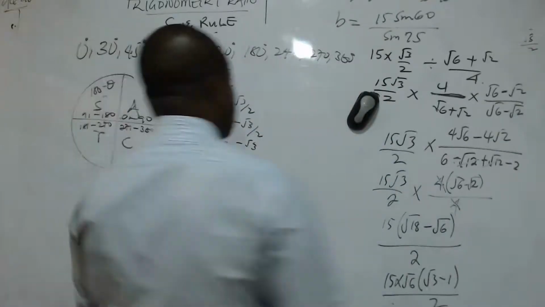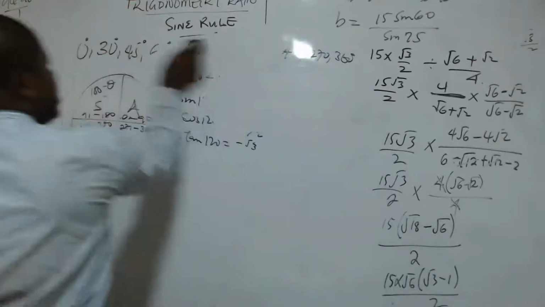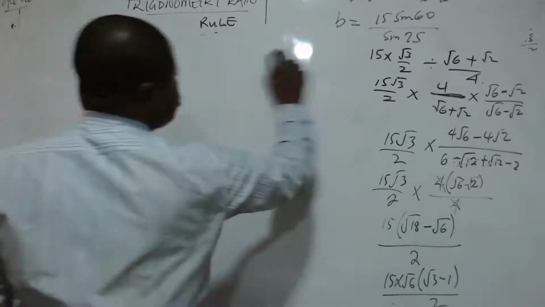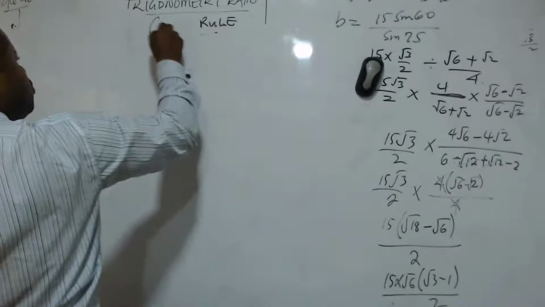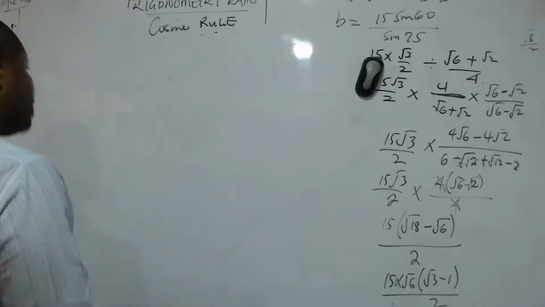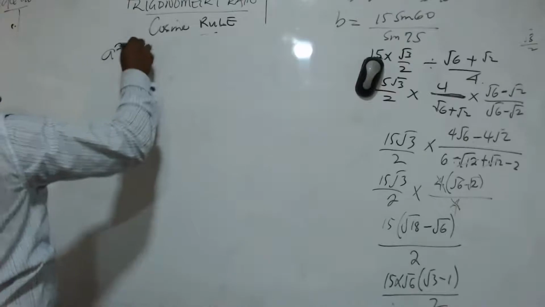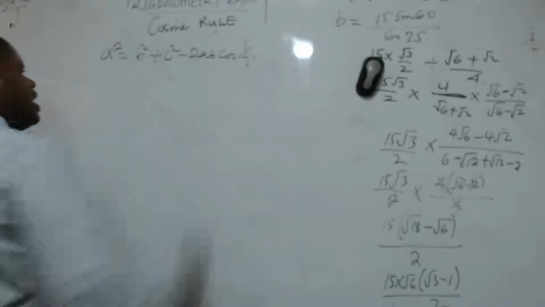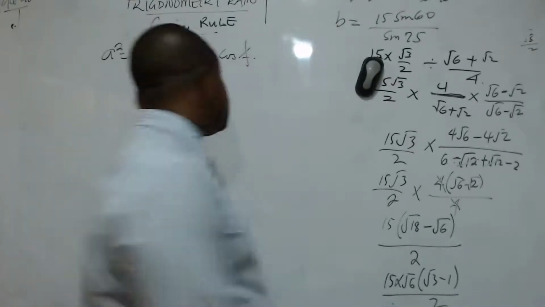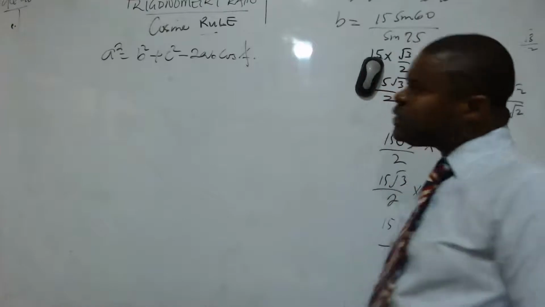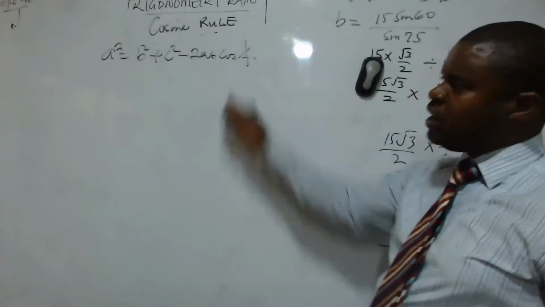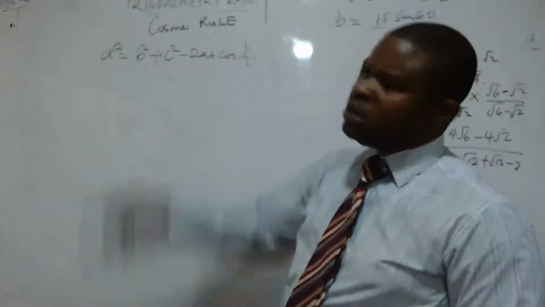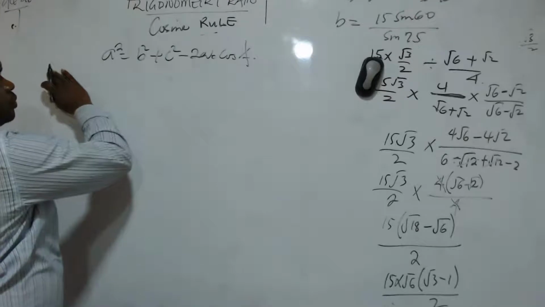Then let's see, what about the cosine rule? How do we go about that? Cosine rule says A square equals B square plus C square minus 2BC cos A. That is the cosine rule. Most times in questions of this kind, they always ask, find the angle of this, the one we are given the sides. So we are going to have